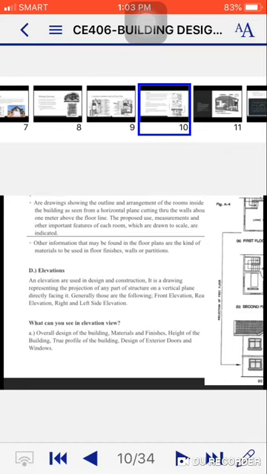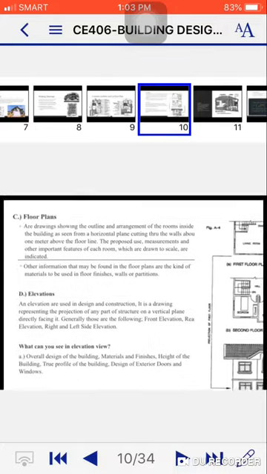What can you see in elevation view? The overall design of the building, materials and finishes, height of the building, true profile of the building, design of exteriors, doors, and windows. Ayan po yung nakikita natin for the elevation. Then next